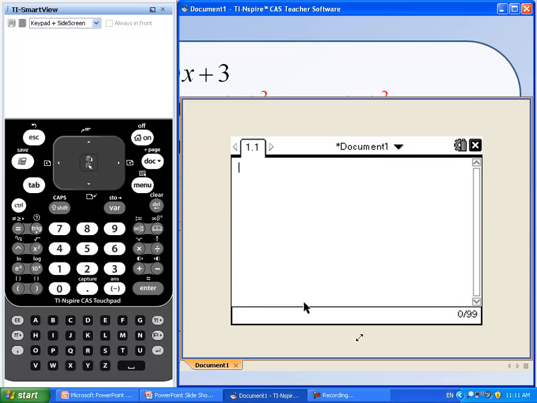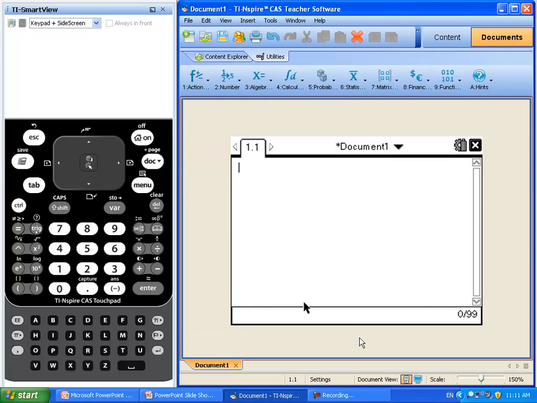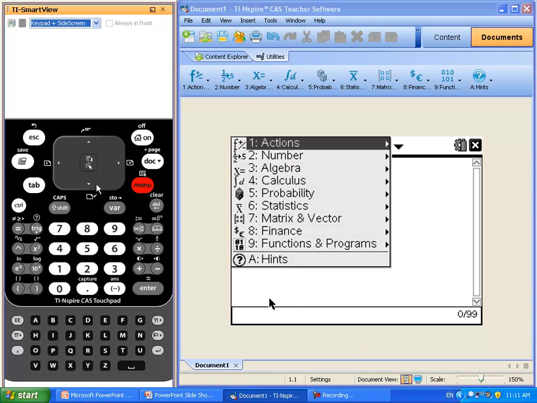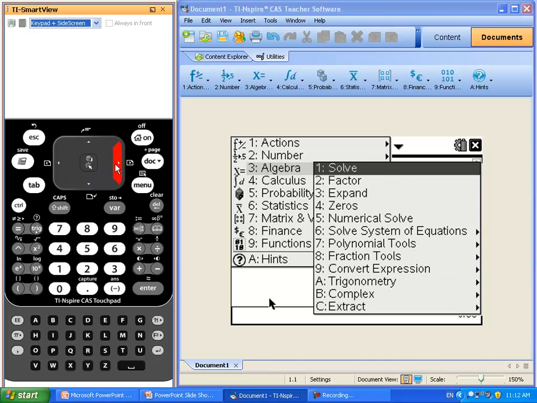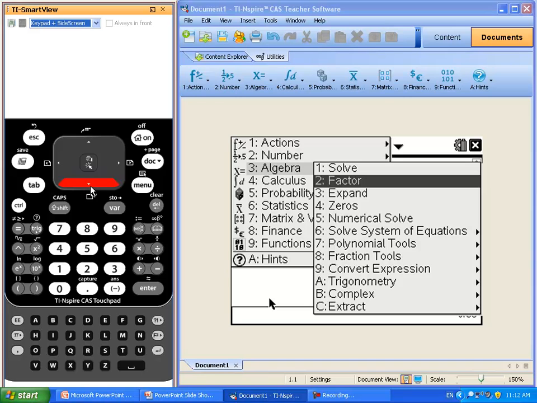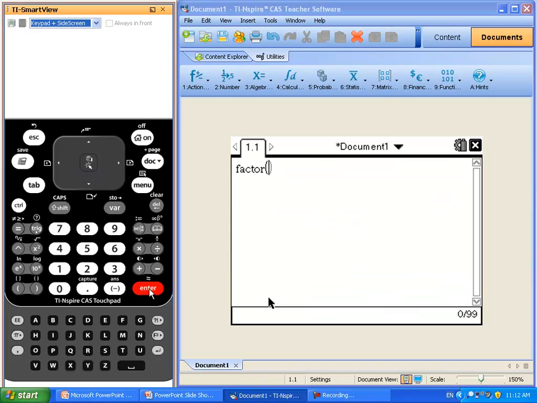Using our CAS calculator, we can produce the same answer. The first thing we need to do is go to Menu and then down to Algebra and down to Factor. And now we are making use of our factor function, and I can put in the trinomial